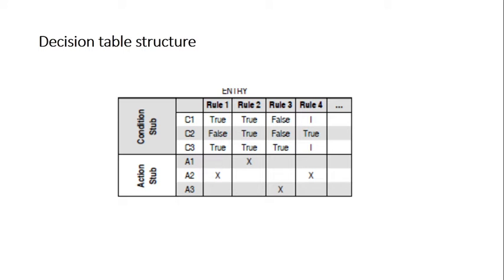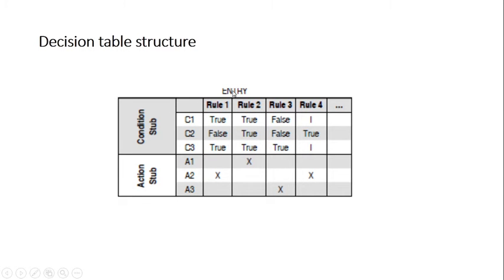We have divided this table into 4 parts. One is a condition stub. This part represents condition entry, action stub and action entry. 4 parts. So condition stub is something where we are supposed to write all the conditions, right, pertaining to a certain thing. We'll see with the help of an example. Action stub is what possible outcomes are possible. The criteria will be mentioned.